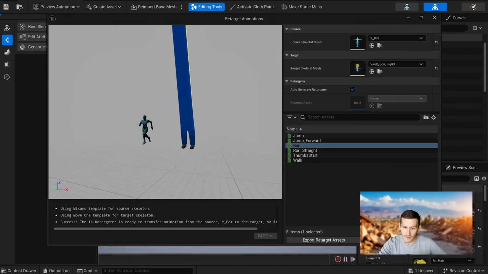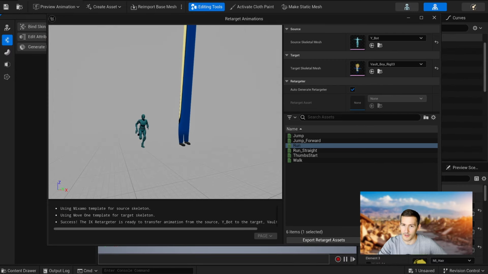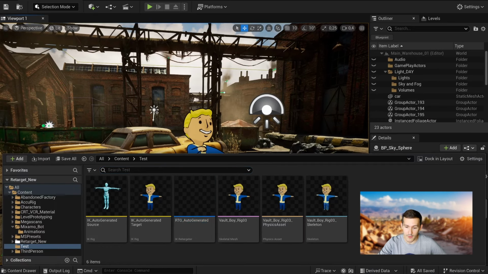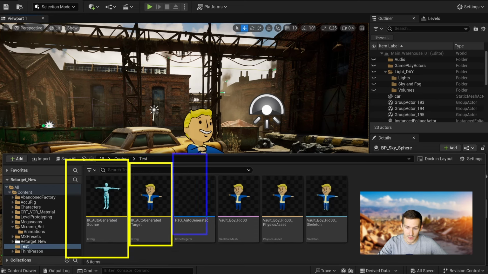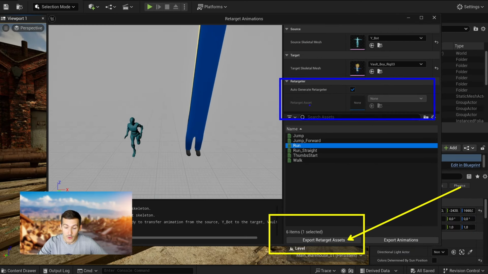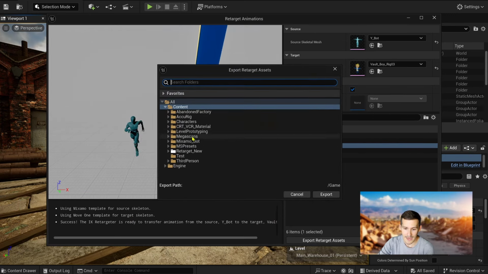Here, this is not the case at all, but that doesn't mean we're stuck. In fact, deep down, our automatic retarget tool will actually create the 3 assets we talked about at the beginning of this video, namely the IK rig of our source mesh, the IK rig of our target, and the IK retargeter. We'll simply have access to these when we choose the export retarget assets here. Note that for more advanced use, you can also choose to use your own retargeter asset if you wish. After specifying a saving path, you'll find these 3 famous assets already built.